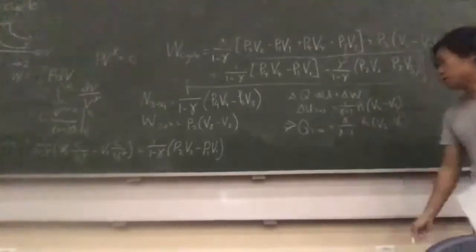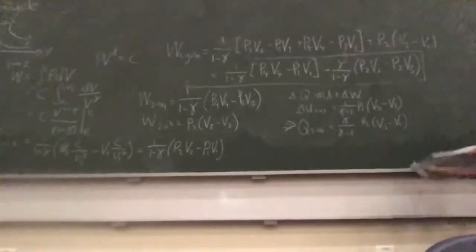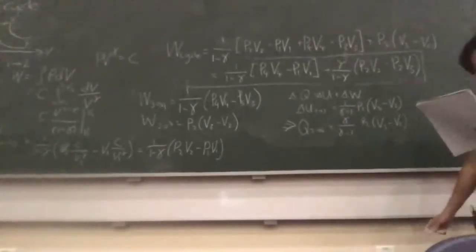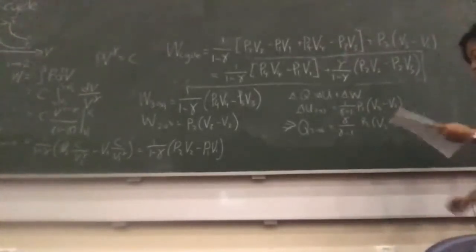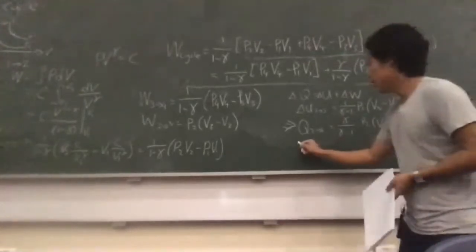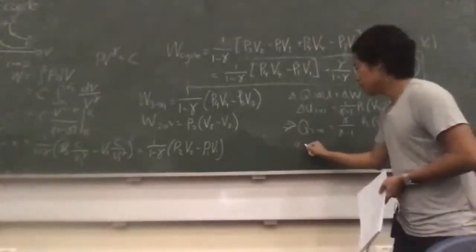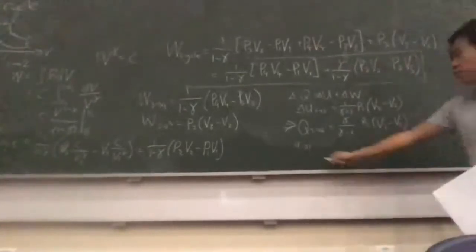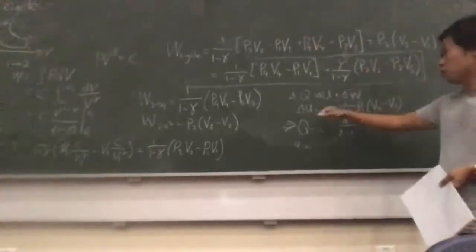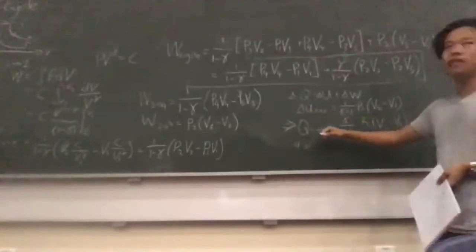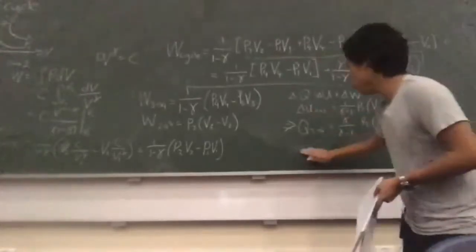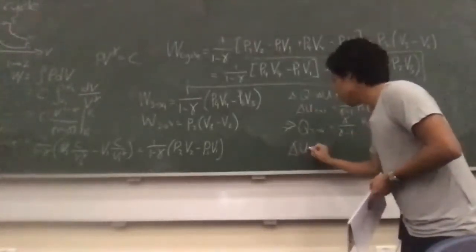So that's the total heat flow into process 2 to 3. And then you can do similar things to process 4 to 1, except it's even easier because for process 4 to 1, your W is 0. So when you work out the internal energy change, it's just immediately the heat change. So for 4 to 1, delta U 4 to 1